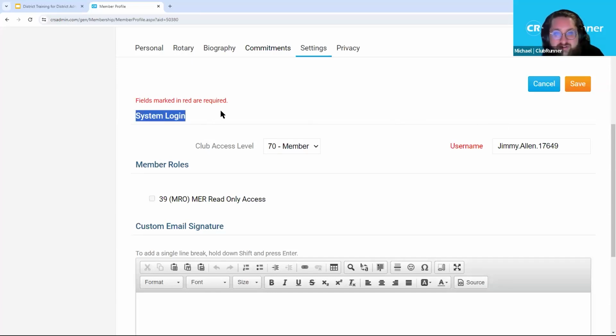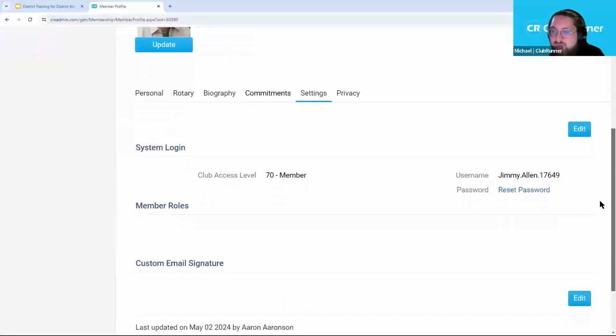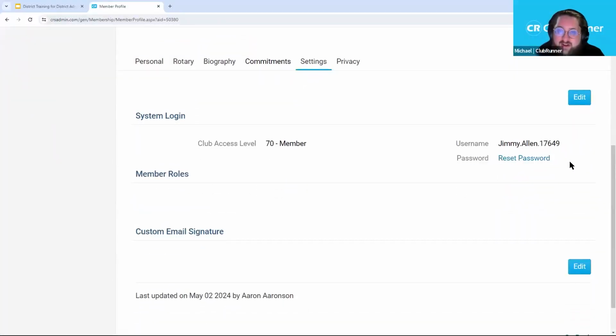But you'll also see under system login, we can change their username here as well. So if Jimmy Allen wanted to log in with a different username, they can change that here. Let's go ahead and click cancel here. And then one more thing on this page before we move on is the reset password link that you